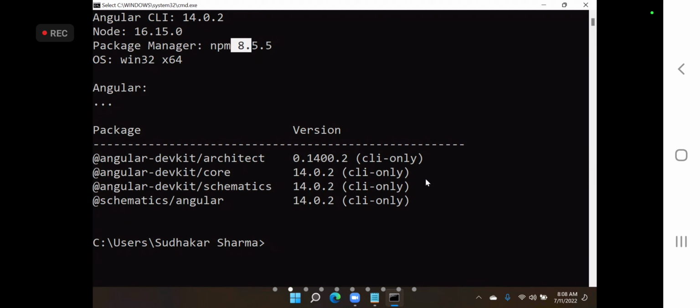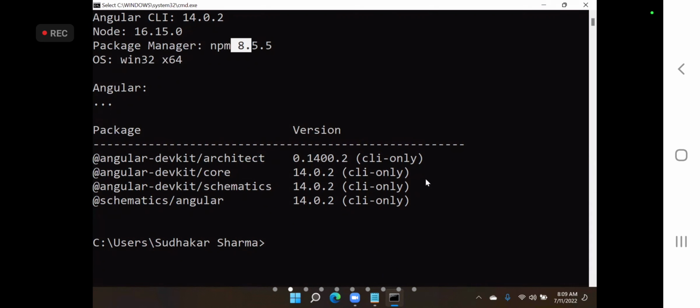Upgrading from an older version to a new version is related to the project. Software you don't upgrade. Software you have to reinstall every time. Whenever a new version comes, you have to reinstall. So you never upgrade any software, right? We upgrade only apps, applications. We don't upgrade the software, right? That means you have to install software, and if a new version of the software came, you have to uninstall and install.